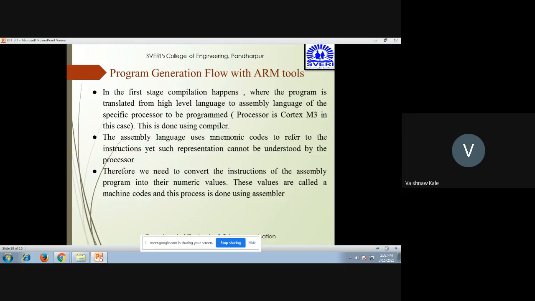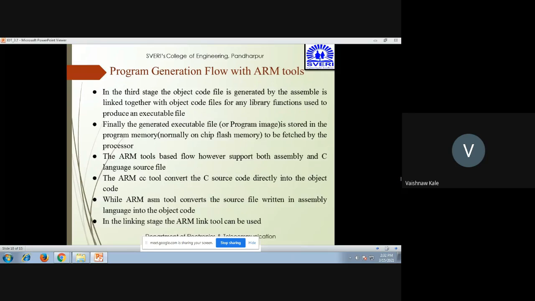तो सीधा सीधा वो machine code में convert करता है. तो इसका मतलब क्या है कि high level language ये assembly level language में convert होती है using compiler. ये assembly level language mnemonic code से बनी होती है, इसीलिए processor उसको understand नहीं कर सकता. And therefore it is very much important to need to convert this assembly level language into machine code, and this can be done with the help of assembler. This could be done by the assembler.